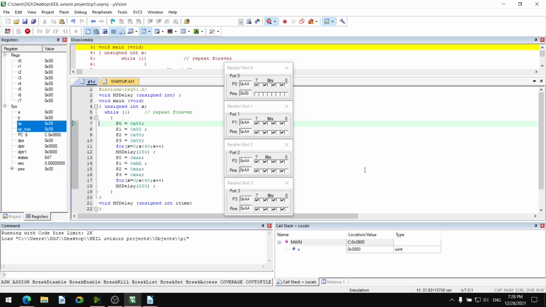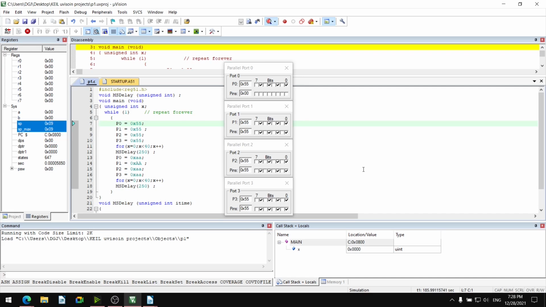So it is toggling port 0, all pins, all IO lines, port 1, all pins, port 2, all pins, port 3, all pins. So port 0 IO lines are toggling, port 1, 2, 3 IO line pins are toggling.